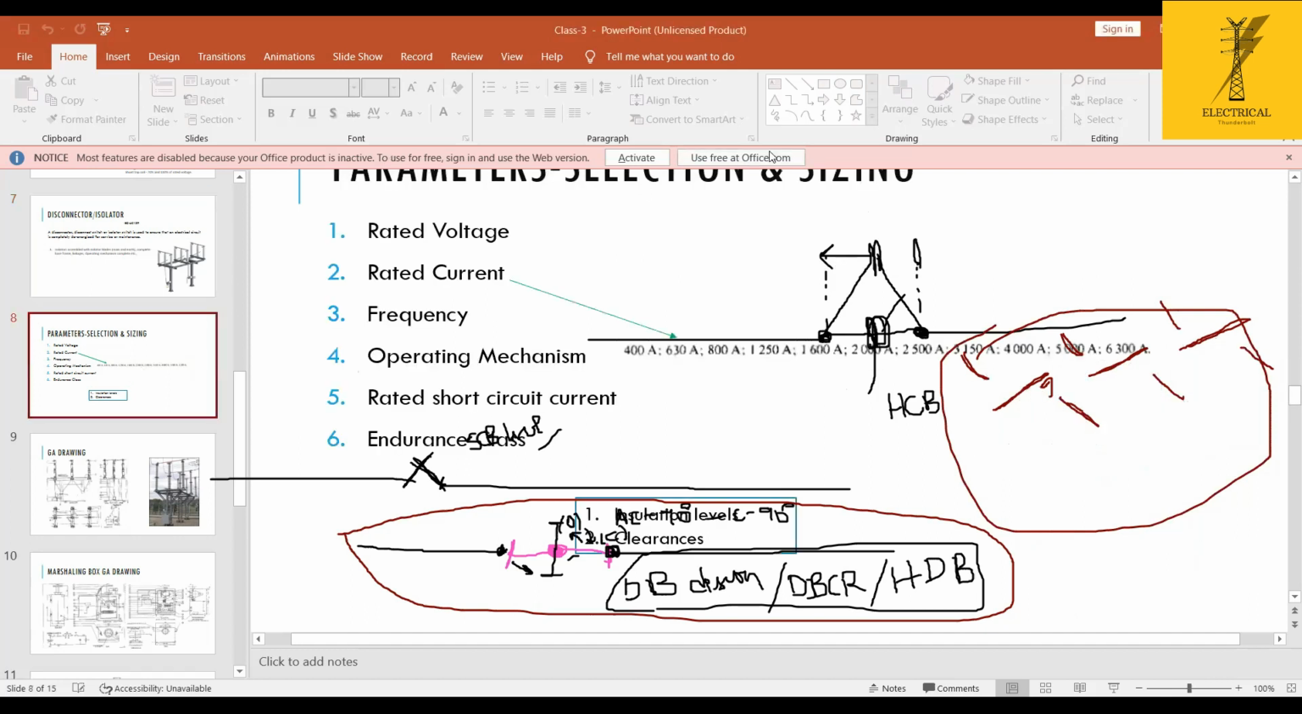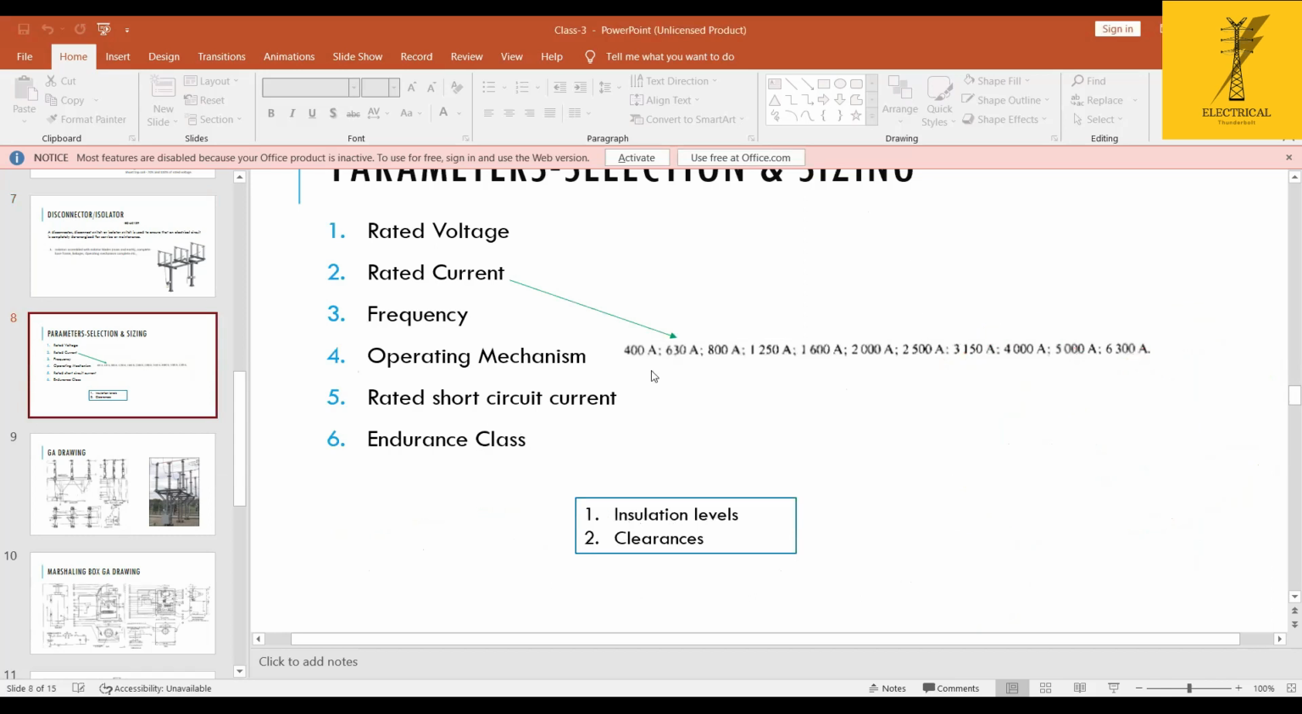Apart from this, what are the other parameters we need to mostly concentrate on for the isolator, team? To give a good glance for the manufacturer, you have to specify these 6 parameters mainly, team. Apart from this, we are having